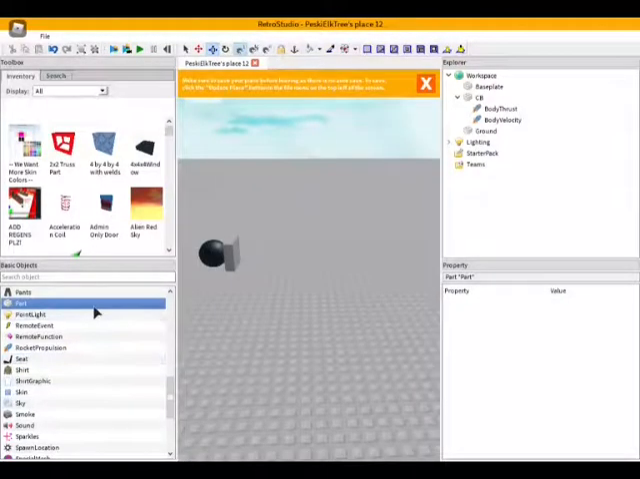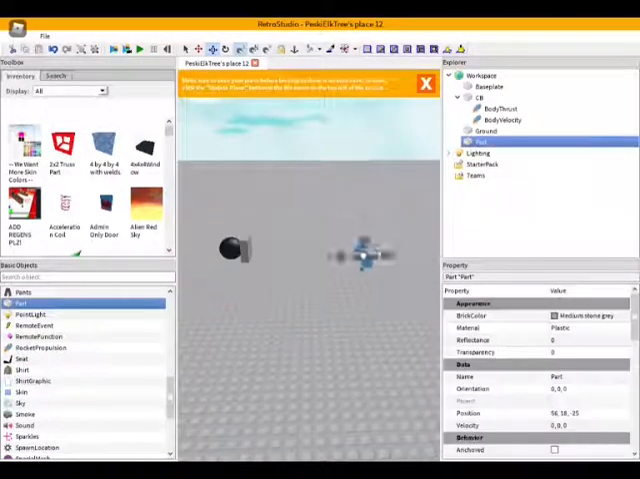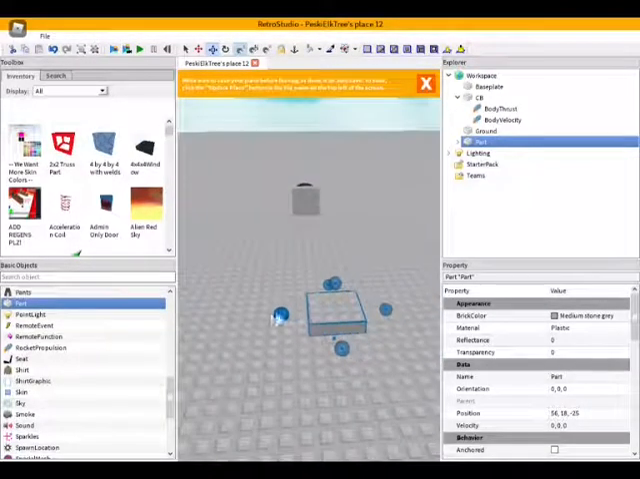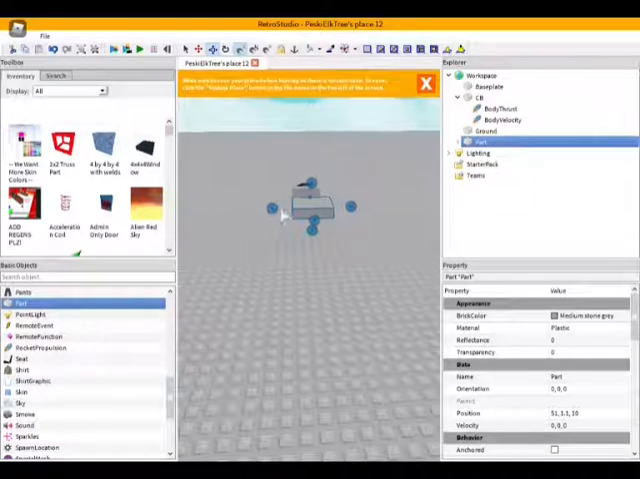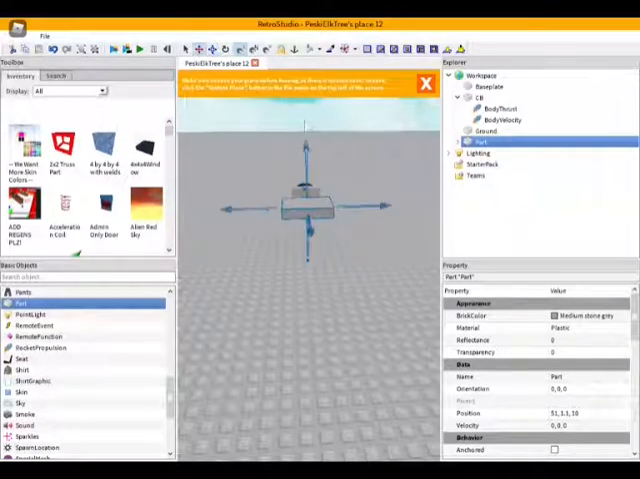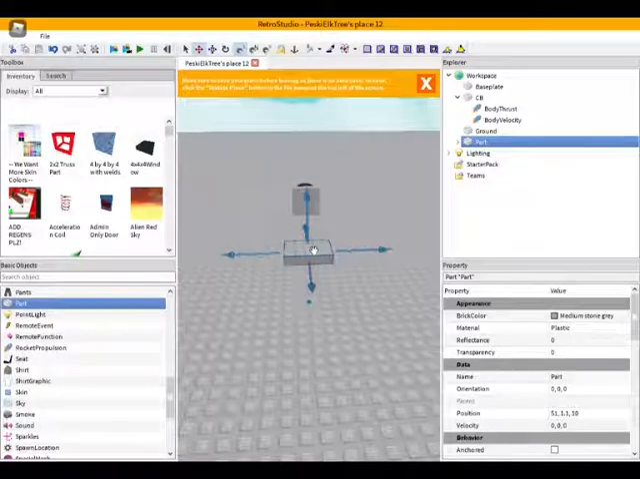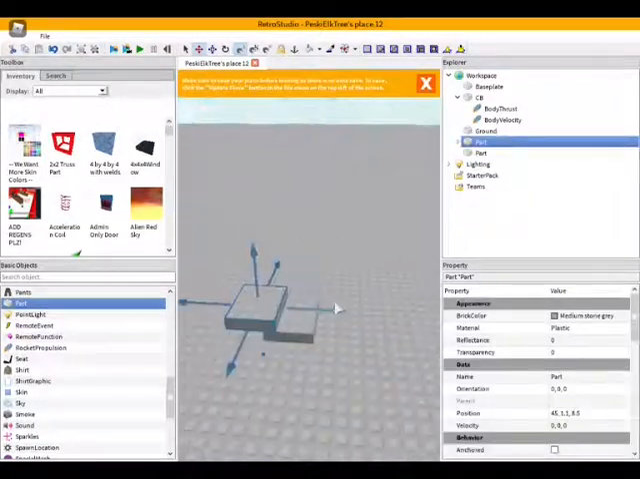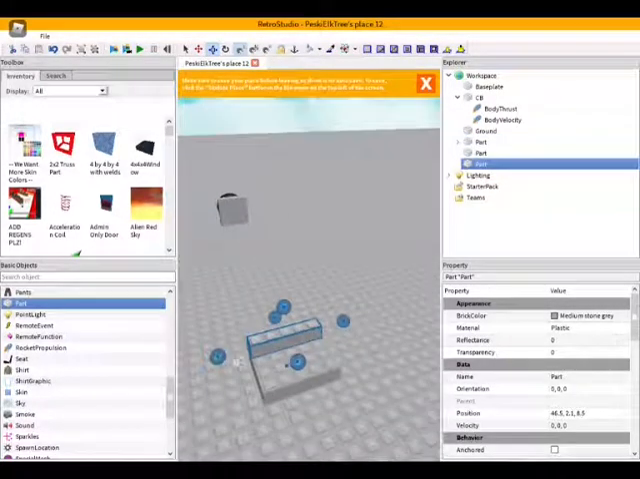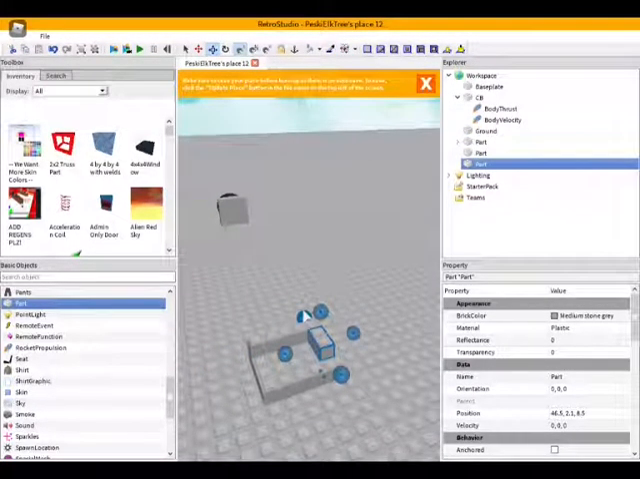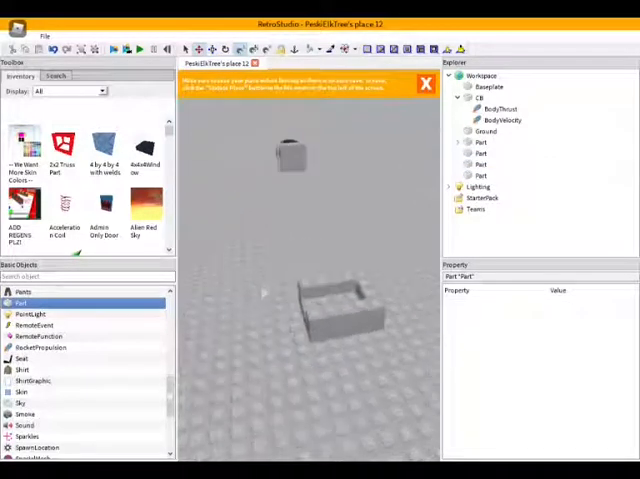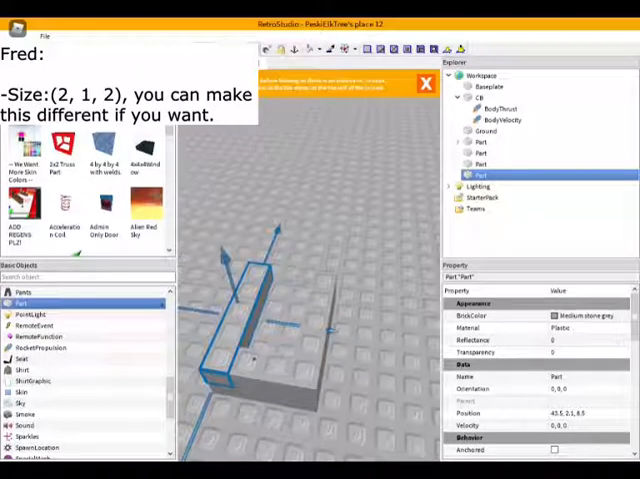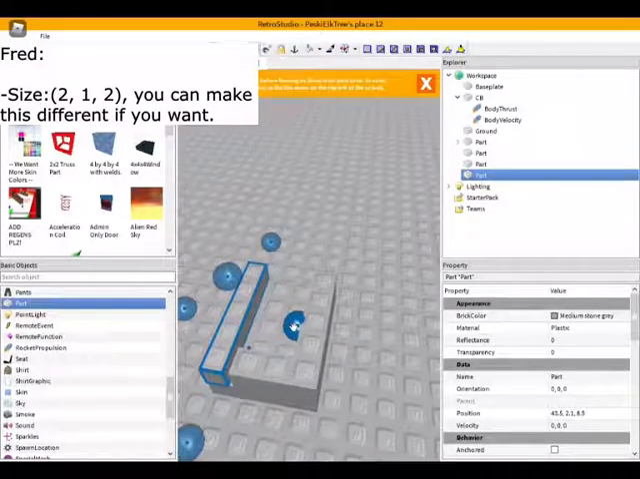What you see me doing on screen now is building a chamber to house the part we will destroy, the part that will be the parent of the anchored part. For coherency reasons, we'll call this part Fred. The anchored part will be parented to Fred. At this point, I was already intending for the size of Fred to be 2 by 1 by 2, so